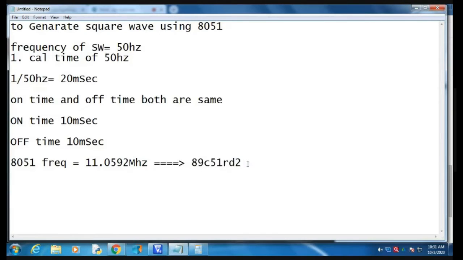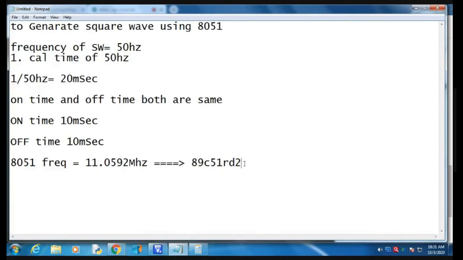Now we have to convert this frequency into the time period, because we have to define the time delay of 10 millisecond for on and 10 millisecond for off. So we have to calculate the time period for the 8051.